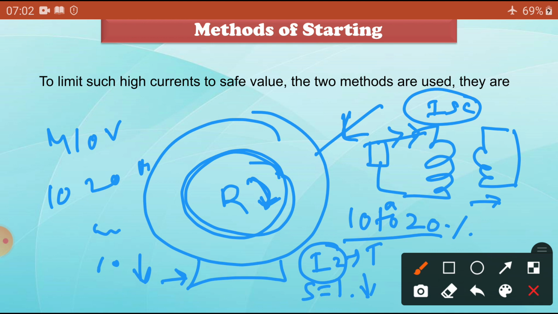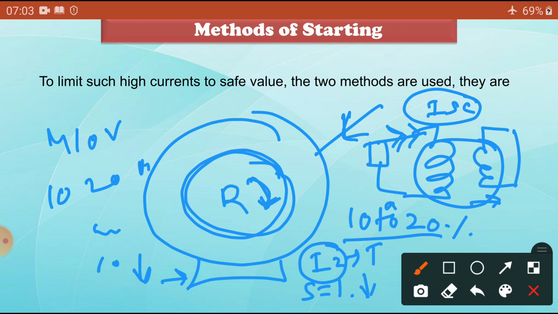We can see that graph also. Then I2 current decreases, and the current drawn from the supply also decreases. Then our total motor winding is on the safe side. So these are the two methods I am going to use. To protect my winding, I have to give the reduced voltage.